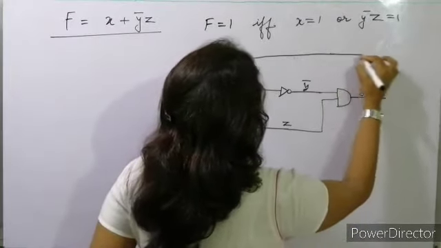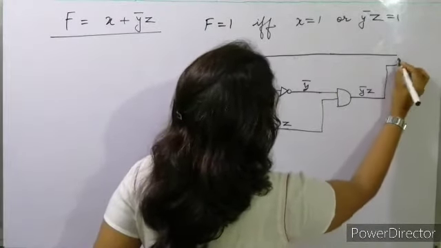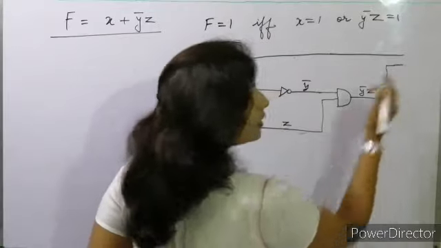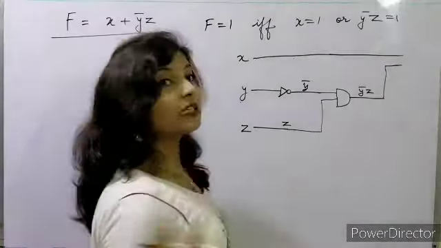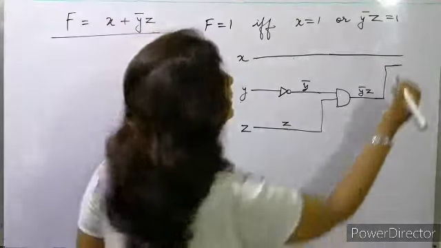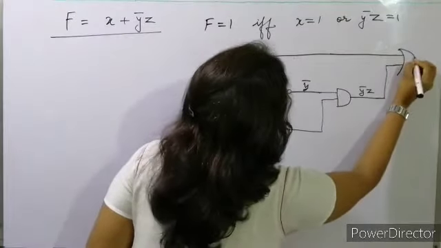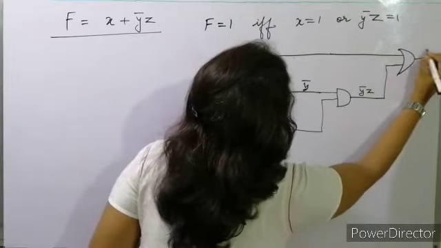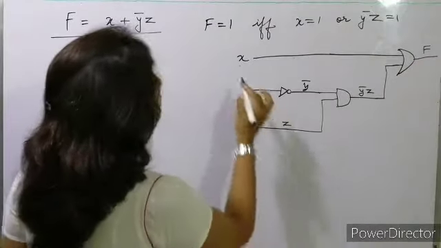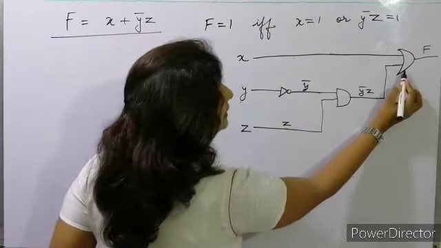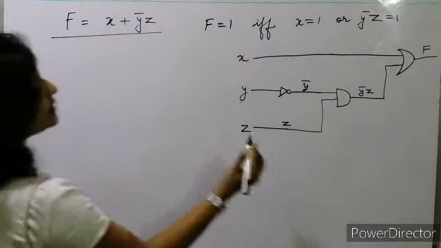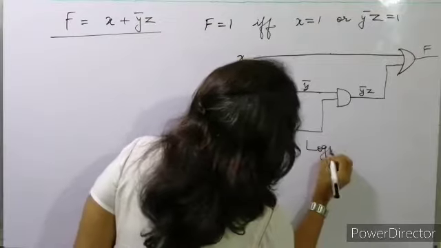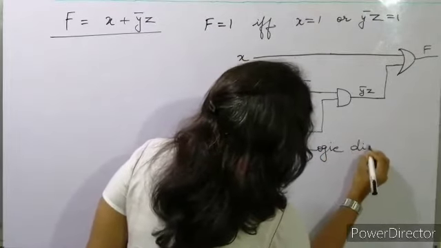Okay. So x यहाँ है, we have to add, मतलब logical addition. Logical addition operator is the OR operator. So यहाँ पे we'll apply the OR operator and we'll get f. Okay. Because this is x. When we add this, we'll get x. ठीक है. So this is the logic diagram.